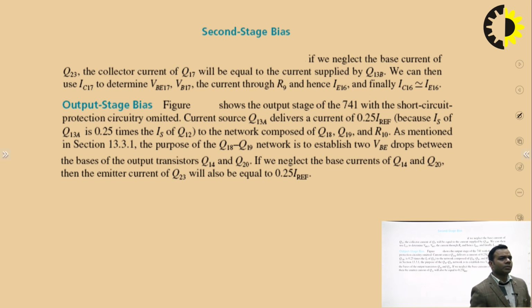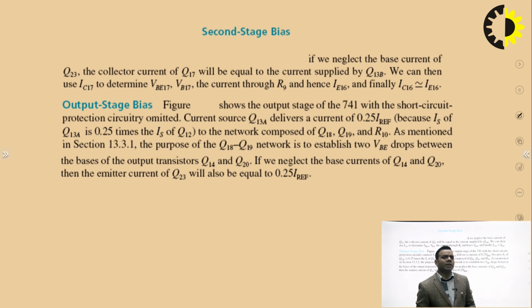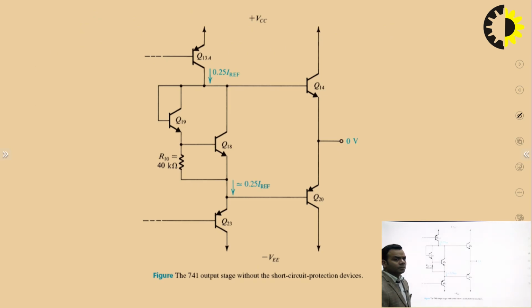So now you have an idea about all the currents in the first stage, and in the second stage if we neglect the base current of Q23, the collector current of Q17 will be equal to the current supplied by Q13B. So we can then use IC17 to determine VBE17. Okay, and finally we can say that IC16 will be equal to IE16,